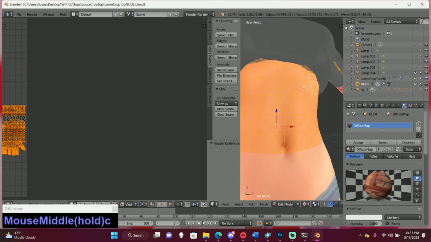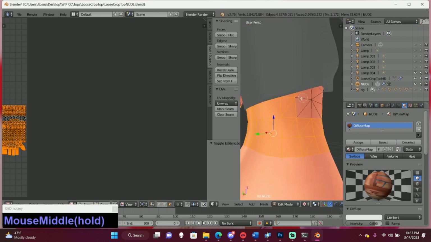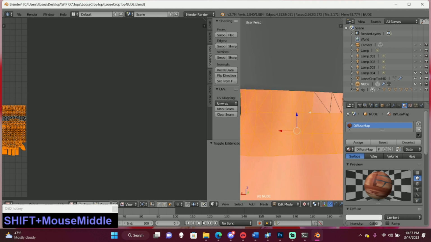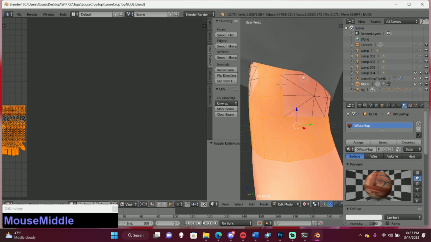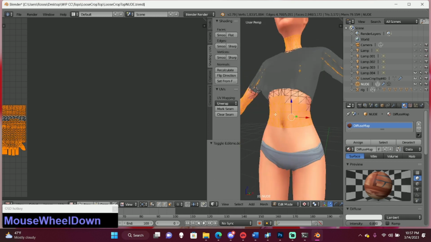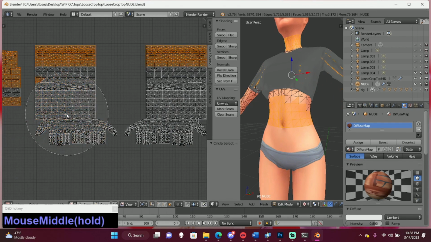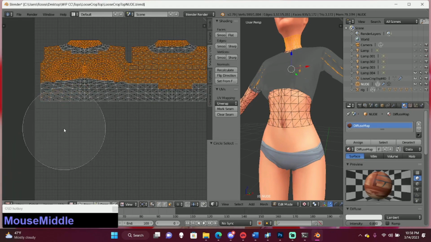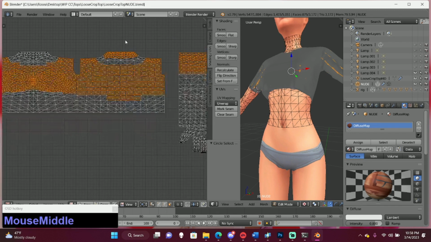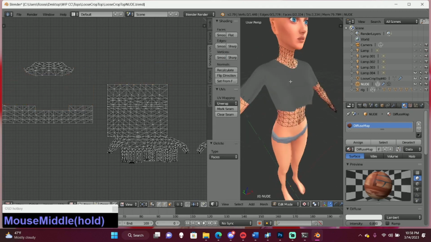And then go under here. Alright, then we can just go over here, make it bigger, unselect all this real quick. Alright, now we're going to click over here, press X, faces.